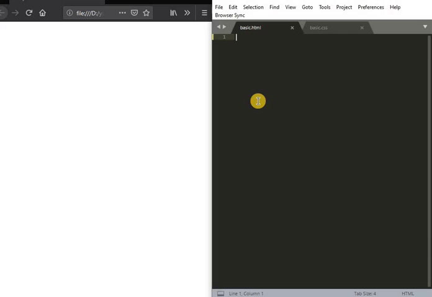So let's get started. In basic.html, the HTML part goes. First let's create an HTML page. This will create an HTML page, that is, the document type is HTML, hypertext markup language. Head, title, let's give the title as basic, and the body tag, where all the contents of the body will be going, and the end.